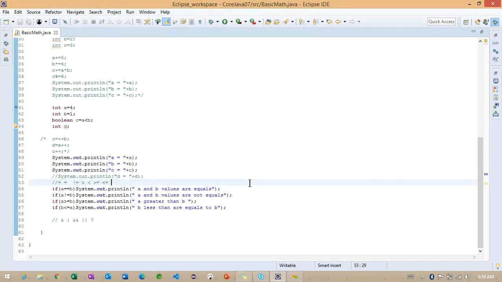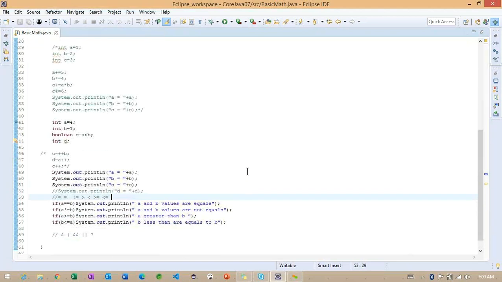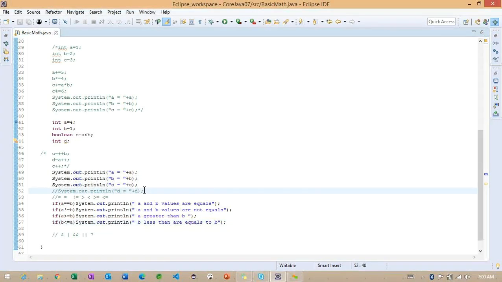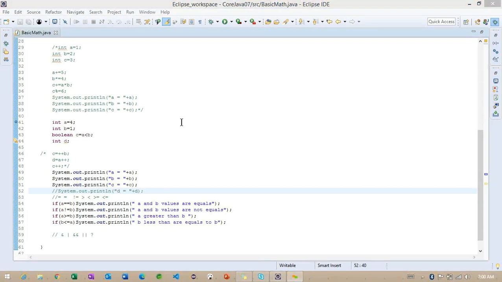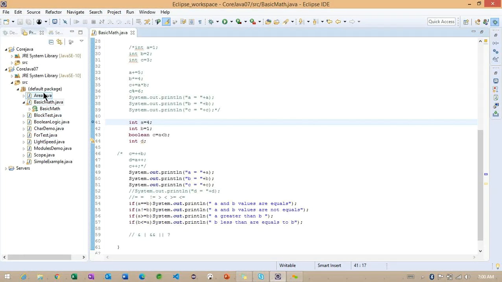In the last class, we discussed some concepts called logical operators and basic mathematical operators. Today we are going to work with conditionals. In the last class we also identified the if block. In which scenario can you work with the if block? Using the if condition, we are going to implement nested if conditions, as well as how we can work with else if conditions. I'm going to write a simple example.